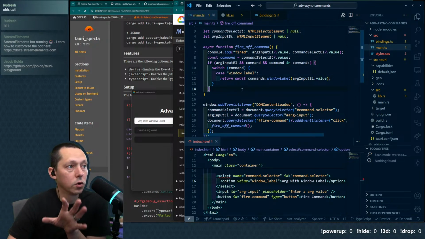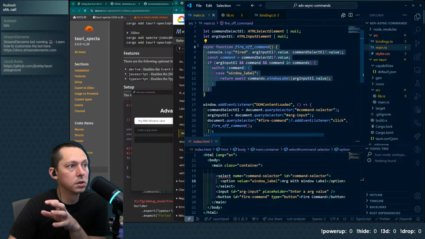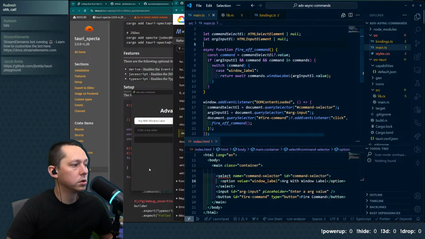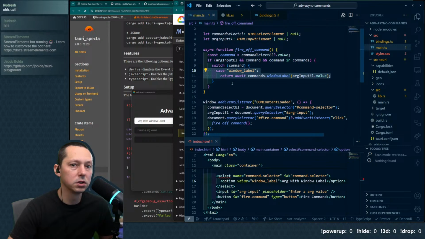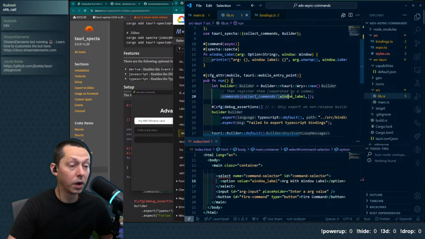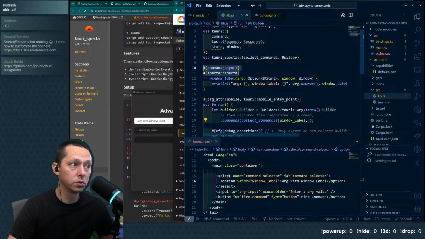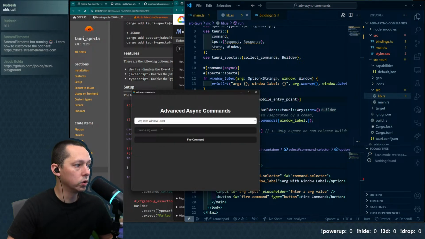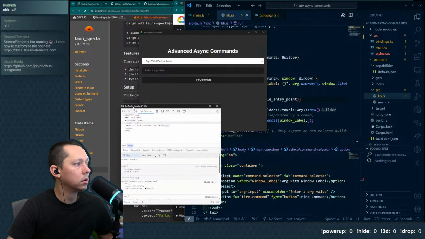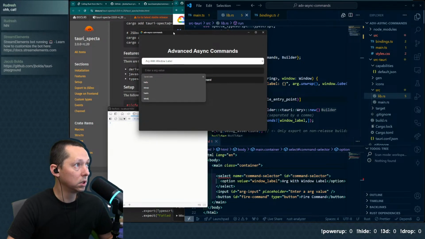So that was a whole bunch of wiring to basically get Tauri Specta to wire this stuff up for us. So now this switch statement will start to fill itself out based off of the commands that we end up putting in here, as long as we specifically annotate the command. And we have to pass it for it to work. But as long as we do both of those things, then it'll do its thing. So we've removed our console.log, so we shouldn't see anything here.